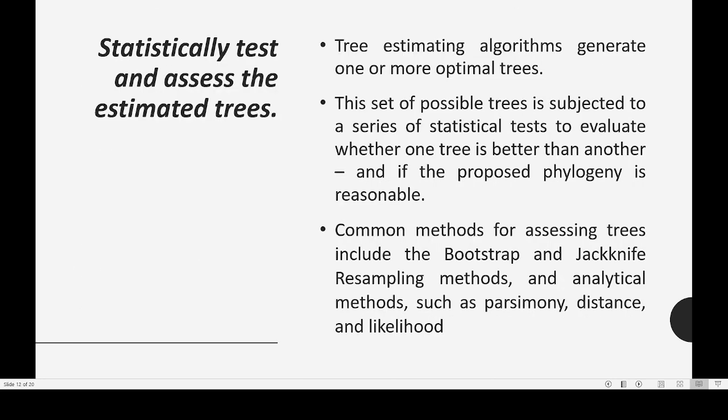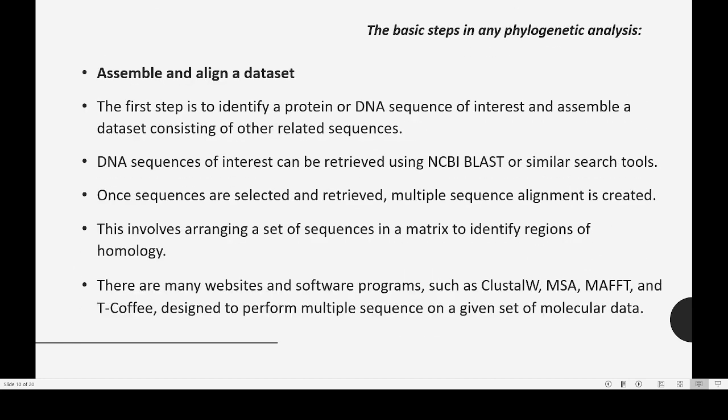So there are a number of different types of methods which we are using in phylogenetic reconstruction, and the assembly and align data. The first step is to identify a protein or DNA sequence of interest. Assemble the data set consisting of other related sequences. Most of the time we have to identify either a protein sequence or a DNA sequence. That is the first step. And then what we do is take that sequence, most of the time by running an NCBI BLAST,